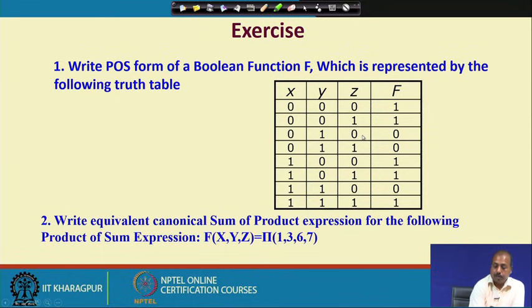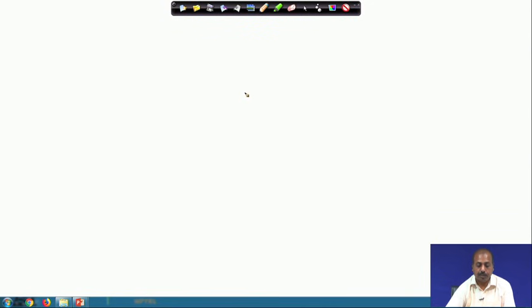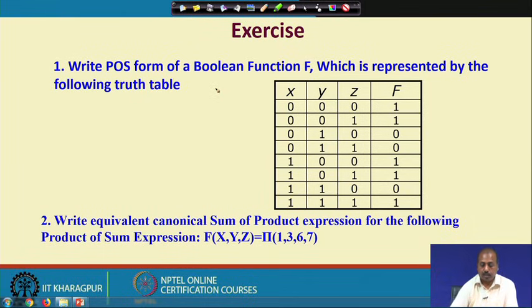So, the function f in this case is the product of some form of this. So, this is 0 1 0, that value is 2, then we have 0 1 1, that is 3, then we have 1 1 0, that is 6.